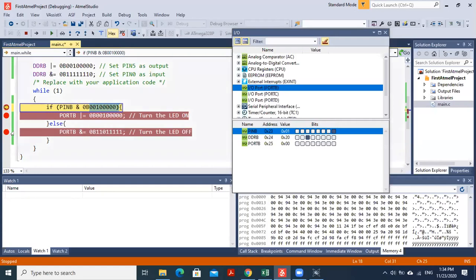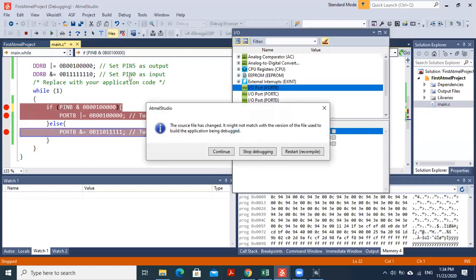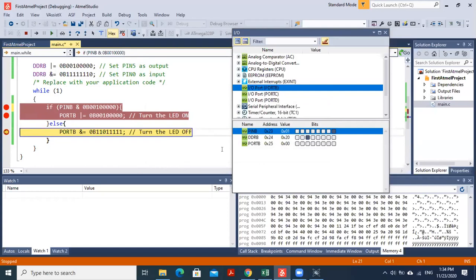So it should go in to this. See, it keeps on going there, even though this value is 1. Why? That is because I have set this one. So for that, I have to in fact change this one to the 0th pin.